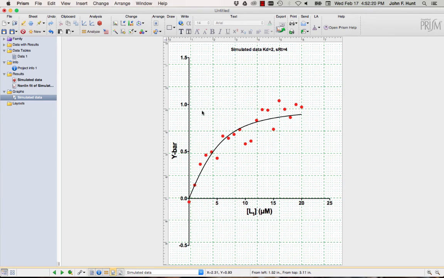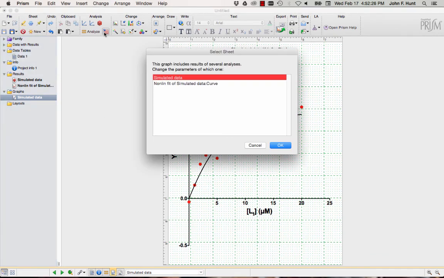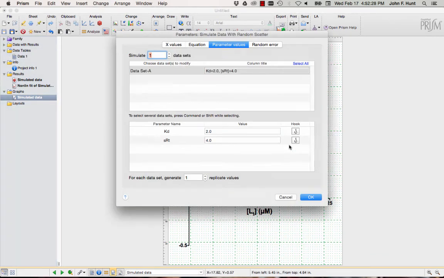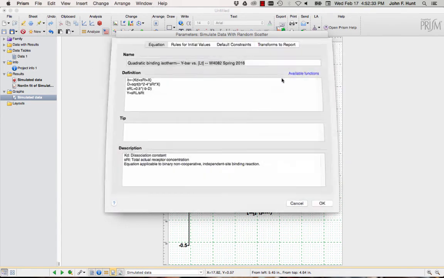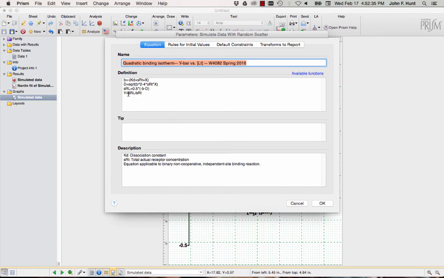So I'm going to modify this again. Actually, at the moment, I'm going to modify the simulated data. I can do that through here. I can say change. I'm going to now change the simulated data. And so what am I going to do? I'm actually going to change the equation. I'm going to modify this equation so that I'm going to say y bar,